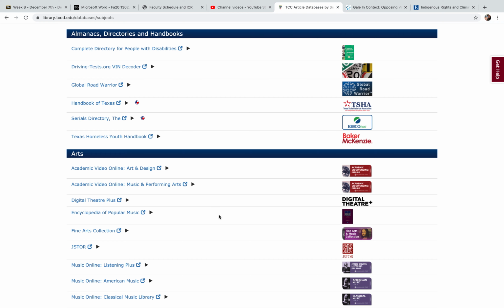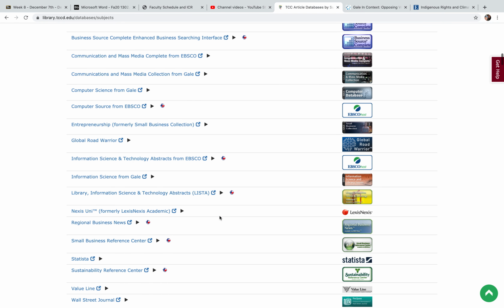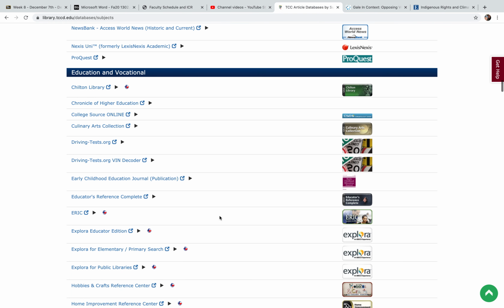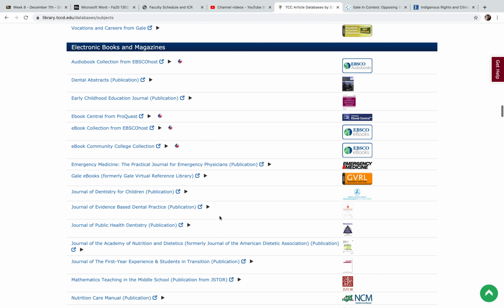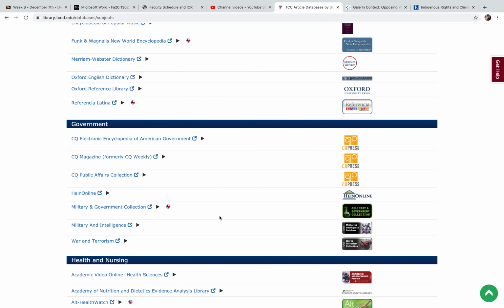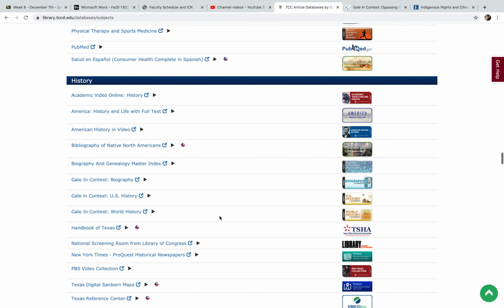So here we have the arts. You can scroll down. Here we have business, computers, and economics, countries and cultures, database collections, educational databases. So if you're an education major, electronic books and magazines, encyclopedias and dictionaries, government databases, health and nursing databases, history